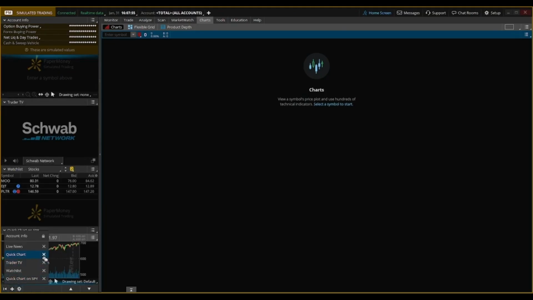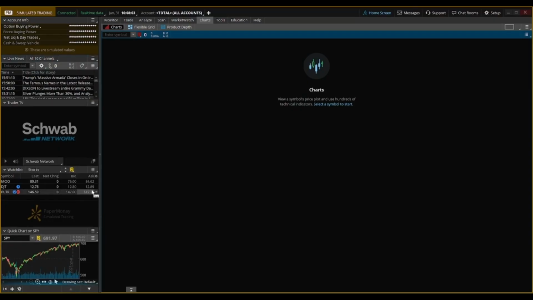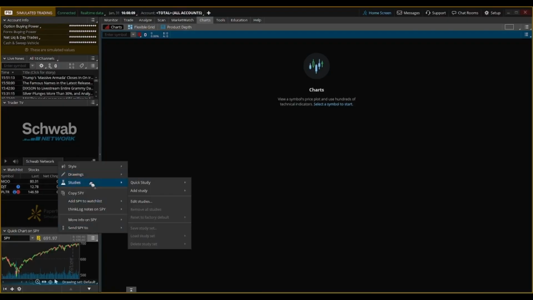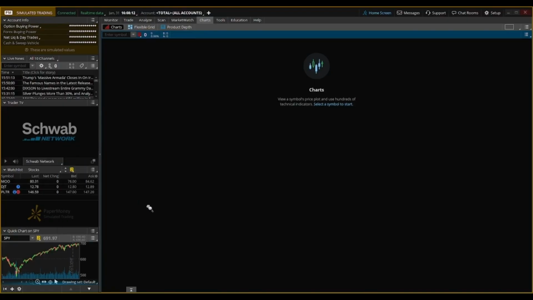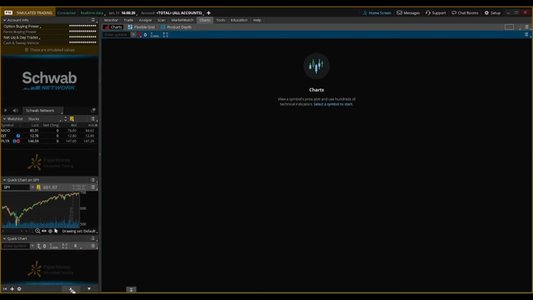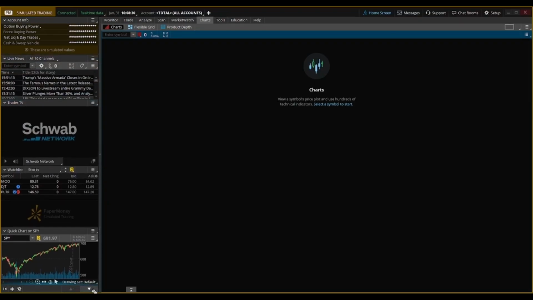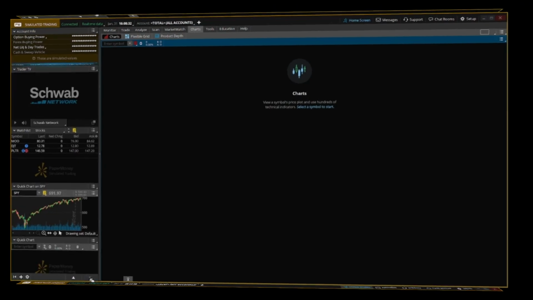Each gadget has its own customization options depending on what gadget you choose. For example, on a watch list gadget, you'll see a gear icon that lets you customize the columns. On a quick chart, you'll see a list button which lets you configure chart settings, studies, and more. Now, one thing to keep in mind, if you add too many gadgets or they aren't sized to fit properly, you'll see a blue haze appear at the top or bottom of the sidebar. That means there's overflow and you'll need to use the up and down arrows to scroll through your gadgets.